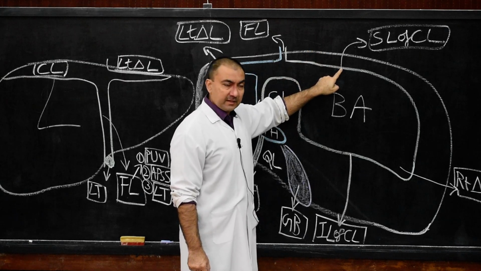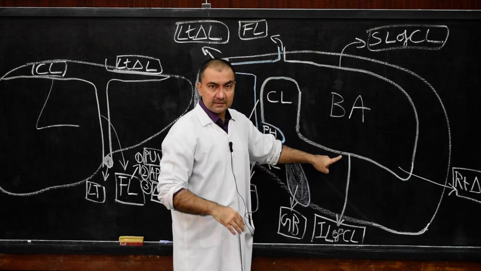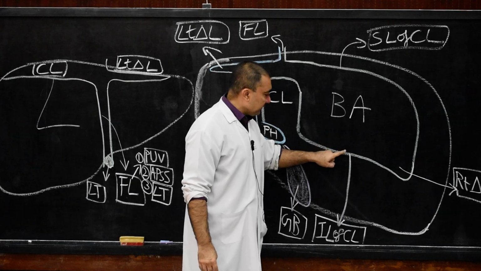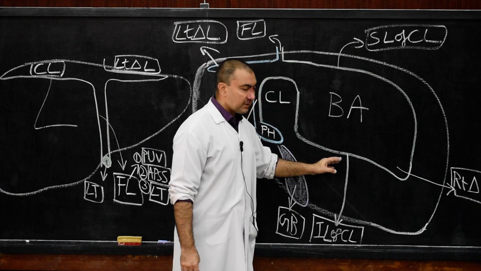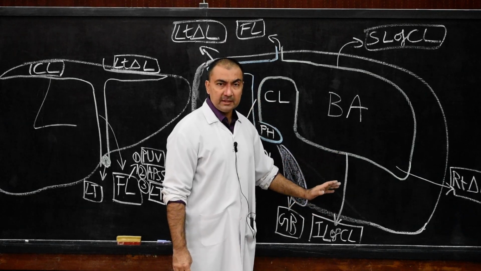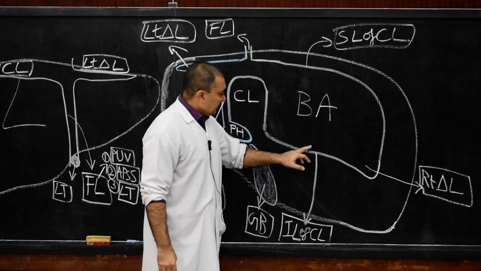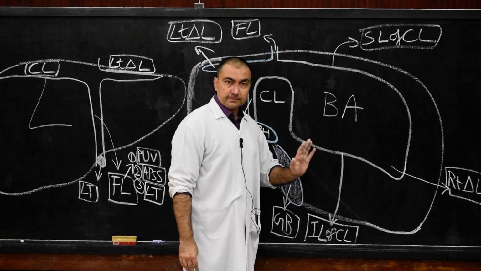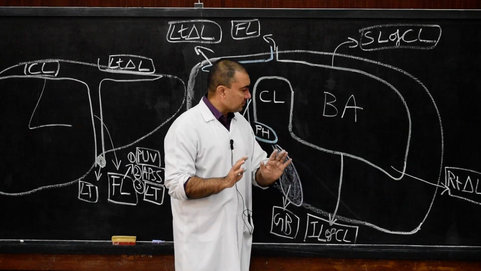So parieto-visceral layer. The inferior layer is called intervisceral layer, from viscera to viscera, because it will attach from the liver to the right kidney. So it is also called hepatorenal ligament. The inferior layer of coronary ligament will be known as hepatorenal ligament, from the liver to the right kidney. So it is called intervisceral ligament. Very simple, do not complicate.